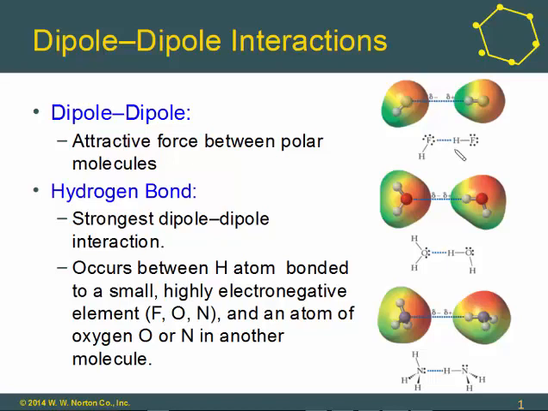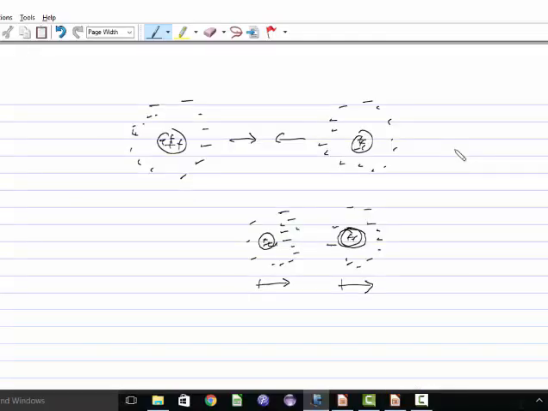So, dipole-dipole interaction. This is attraction between dipoles in polar molecules. As we said, when you have polar bonds, they form a polar molecule. You have a slight positive, slight negative in these molecules, and it ends up acting sort of like a weak ionic bond. So if we have